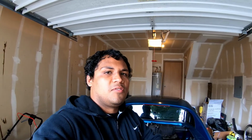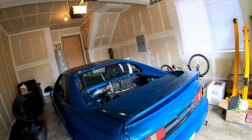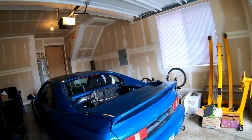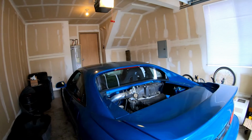Just to make sure that I'm not spreading myself too thin while I'm doing the stuff to the white MR2, I'm actually gonna leave this car completely alone. Realistically, there's nothing major that's gonna happen to this car for the next year and a half, which is a little sad to say. Once I finally do get to this car though, in early 2023,